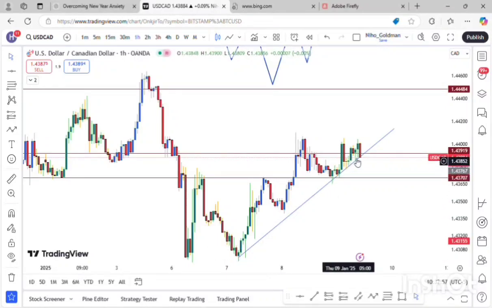So let's see where the 1 hour candle closes. The 1 hour candle closes in the next 26 minutes. So let's see where it closes. If it closes below this trend line, well, then that's a cause for alarm. Then one should be wary. But if it closes back above the trend line, I'll just leave the trade and let it play out. Whatever happens after, I let it play out. But if it closes below, I'll cut loss